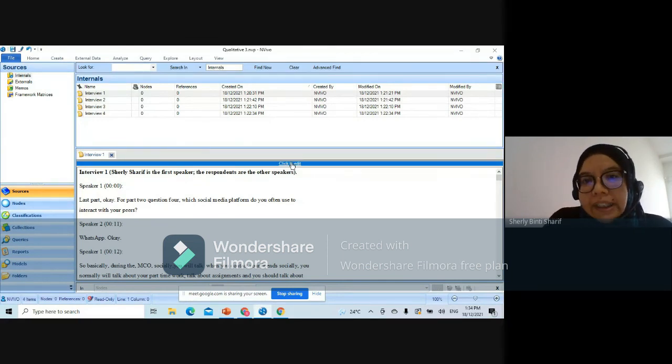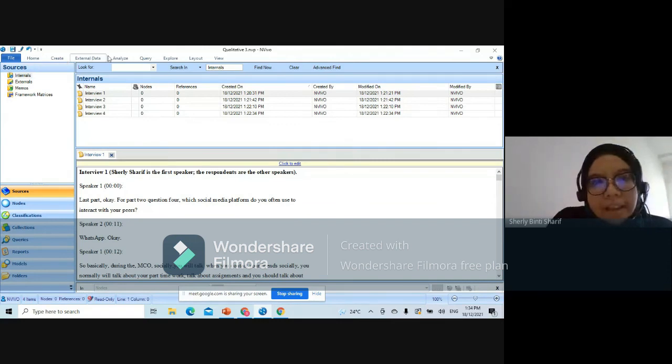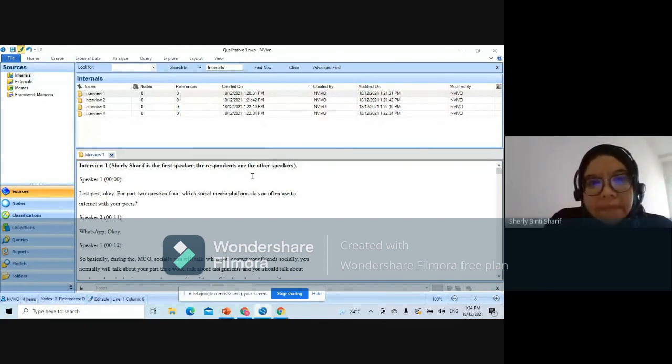Make sure that you click edit. If not, all the buttons and functions up here will not be usable. So always click edit. Now, once you have done this, what you need to do is, like me,